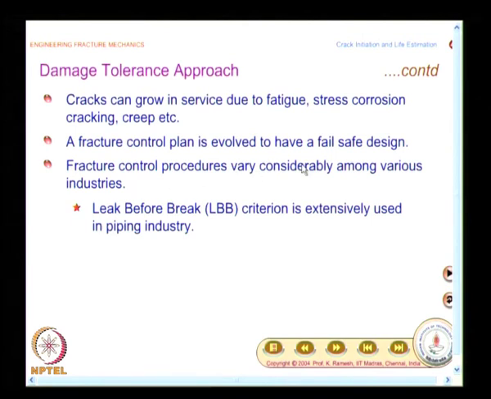They vary considerably among various industries. If you look at nuclear installations, the leak before break criterion is extensively used in the nuclear industry, where you have heat exchangers. So, you can also extend it to the piping industry, where you have chemical processing plants and so on and so forth. And you also have another important concept,